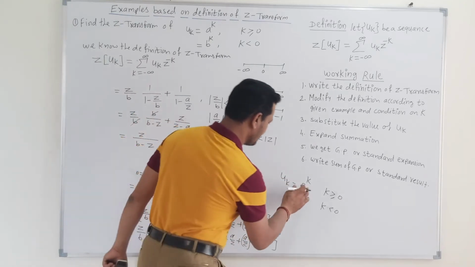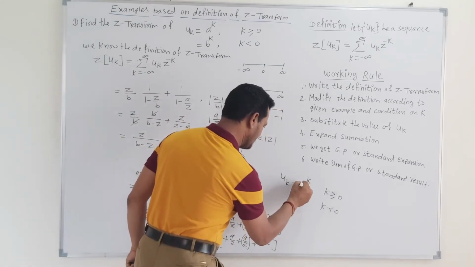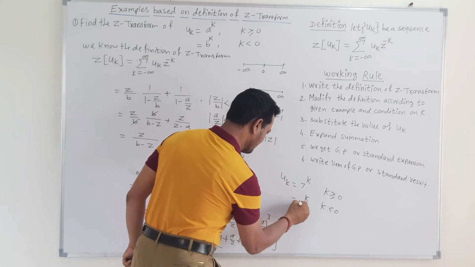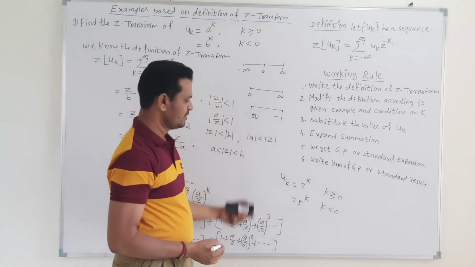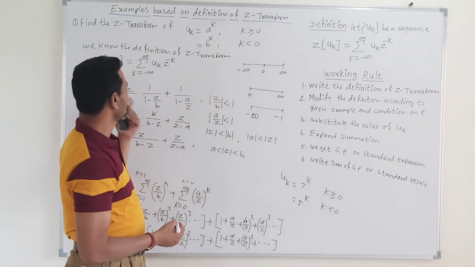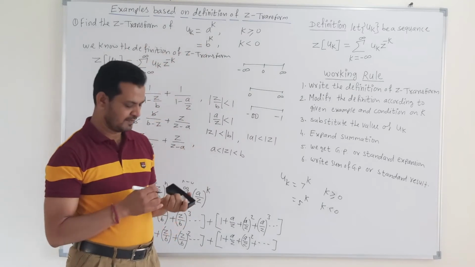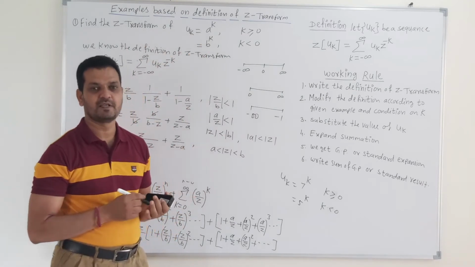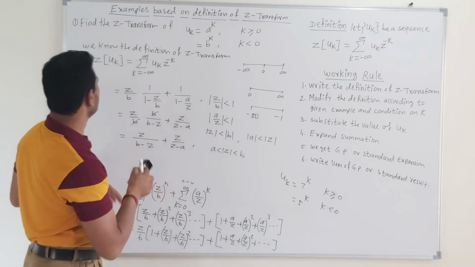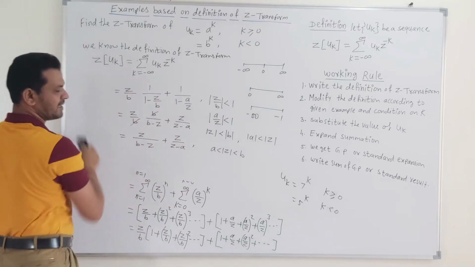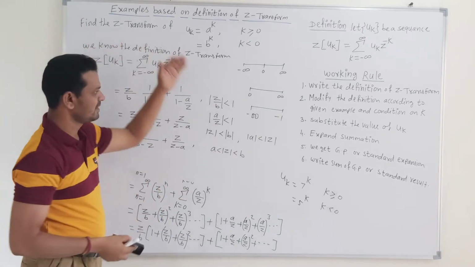That means after putting particular values for a and b, we get different questions. So this is the first question. If we put this equal to 7 and this equal to 5, we get another question. So in this way we get the standard equation for solving the z transformation based on the definition. Now friends, this is the first example. Now let's take the second question for learning the same concept.